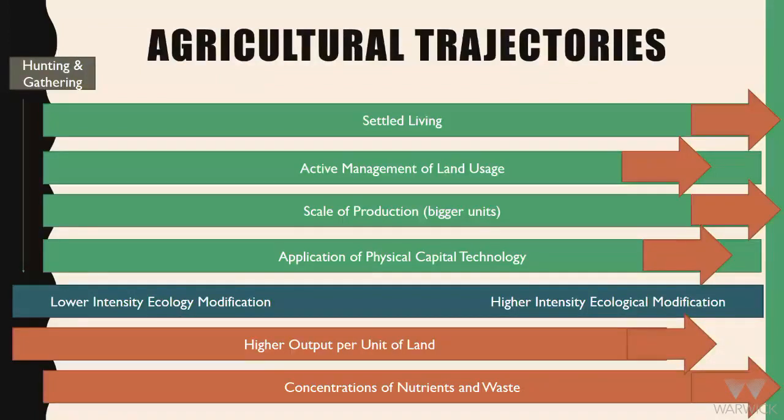So to pull it together, what I want you to think about is the slow change in settled human living, so increasingly in one place, so less mobile communities, and increasing active management of land and of space with increasing complexity over time. The scale of human domesticated agricultural systems has increased through the application of capital and technology. So I would say all this is intimately related to food regimes ideas in the way that I understand things.